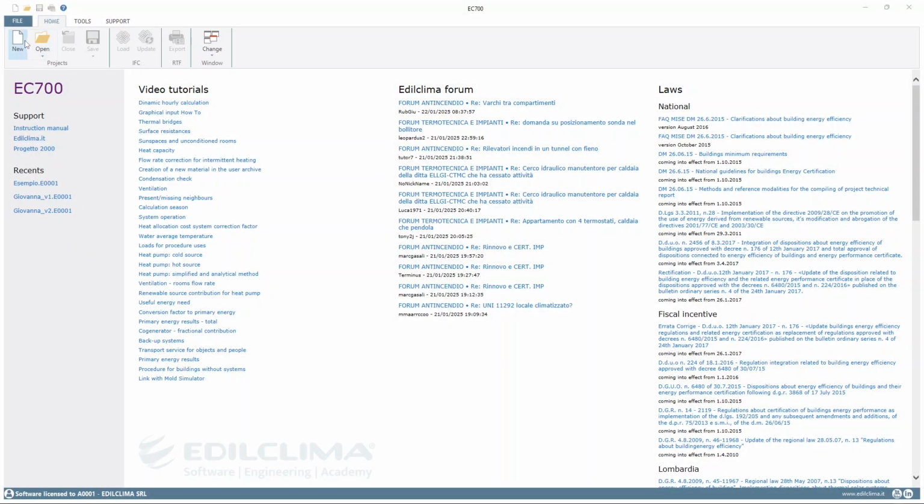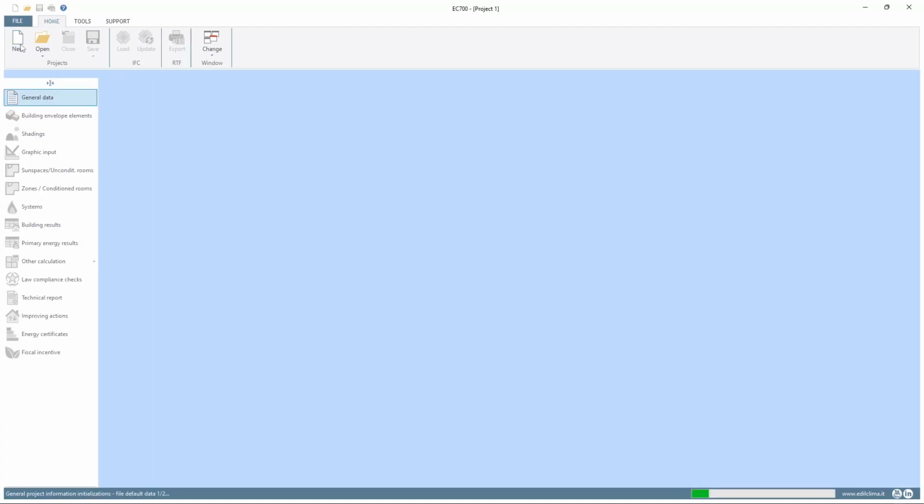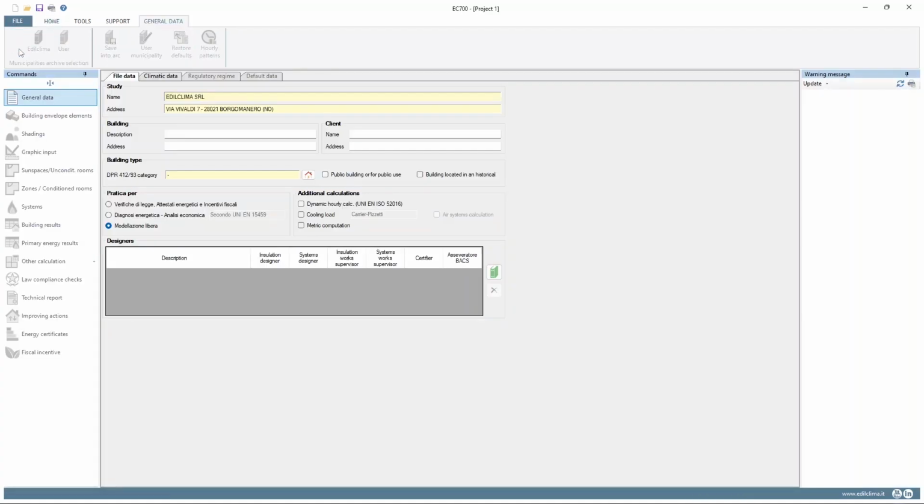Let's start with a new file at first, and then we're going to see an example. When you open a new file, you will see mainly the interface of this software. So on the top part, these are the main tabs you can see. So File, Home, Tools, Support, and General Data. This list of tabs here is going to change while you go through your commands. So if we're going to be in the graphic input, new tabs will appear in order to be used in